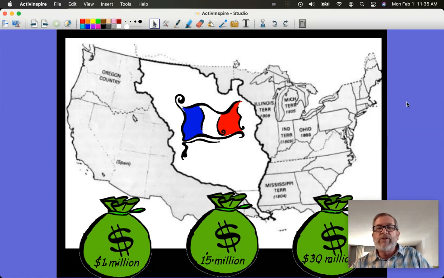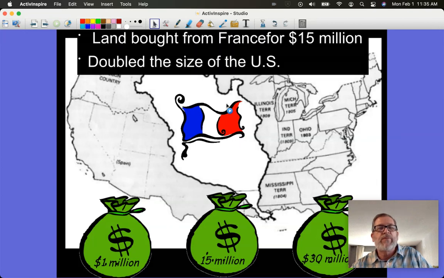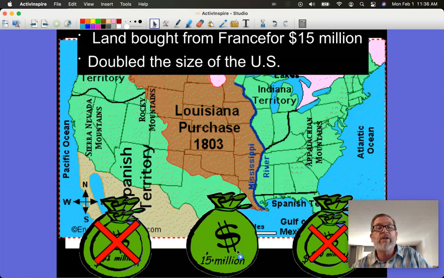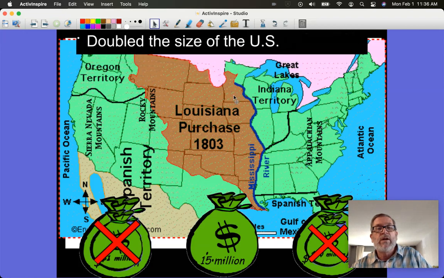So what does Jefferson do as president? One of the things that he's probably given the most notoriety for was certainly the Louisiana Purchase, right? He buys this big chunk of land from France. He doesn't pay $1 million for it. He doesn't pay 30. Well, Congress pays 15 million bucks for this big chunk of land in 1803. And so this really opens up what we would call the Midwestern or the agricultural center of North America